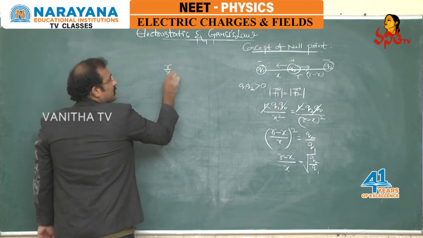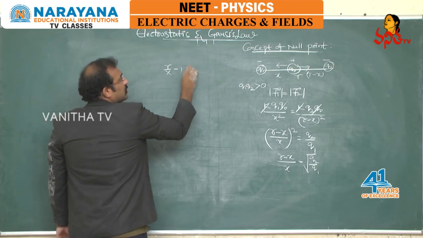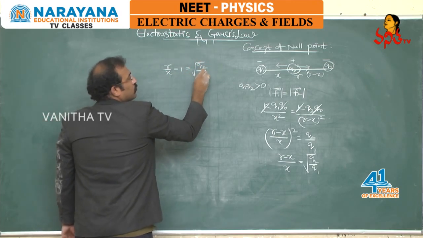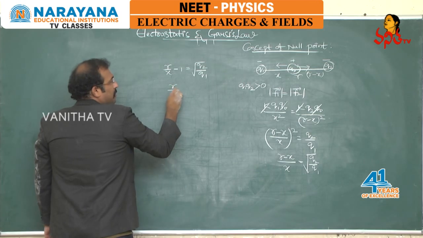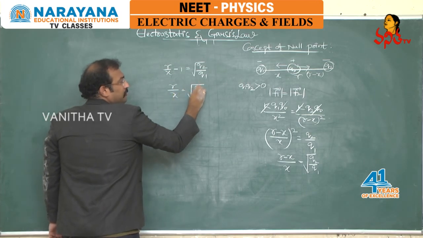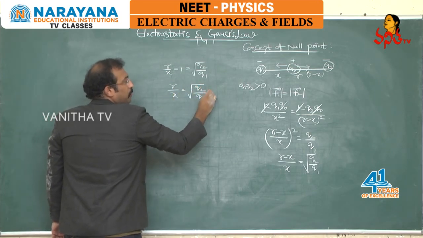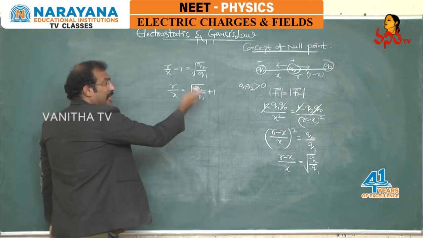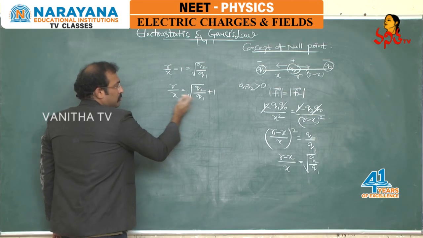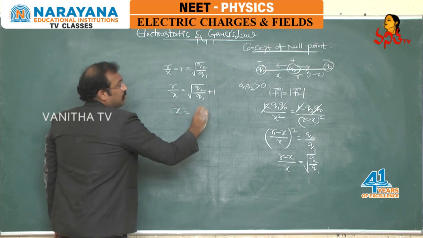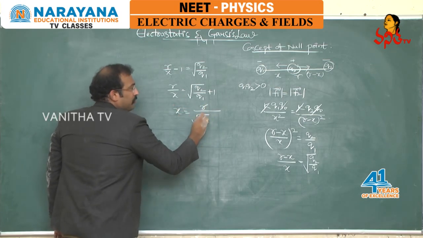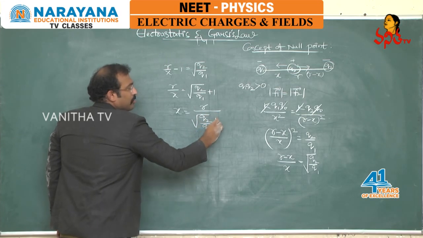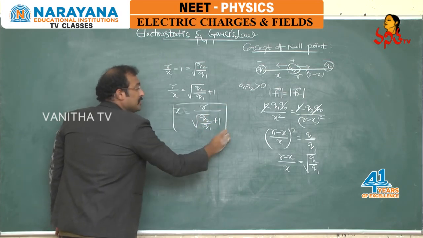So r by x minus 1 is equal to root of Q2 by Q1. R by x is equal to root of Q2 by Q1 plus 1. Now I can manipulate it. So x is equal to r by (root of Q2 by Q1 plus 1). This is the distance